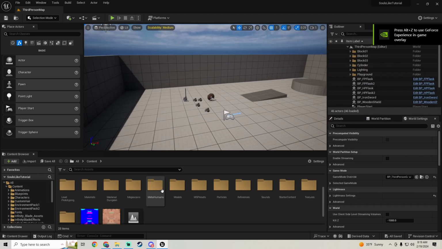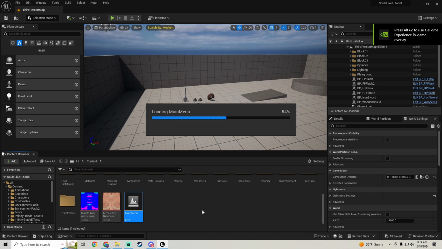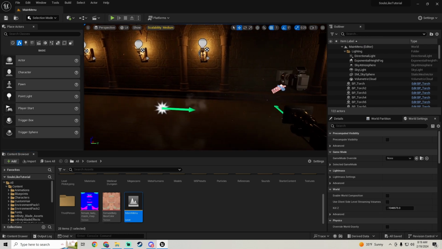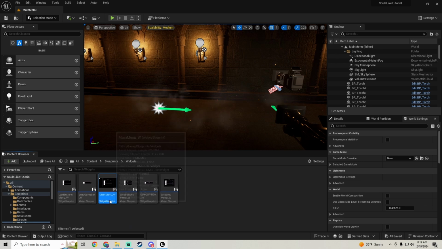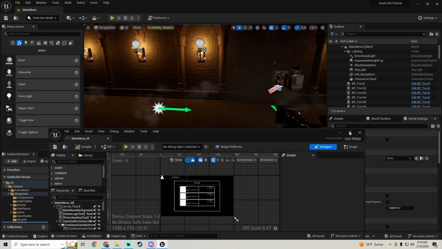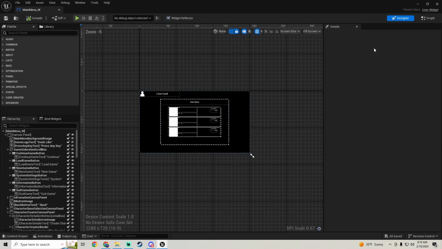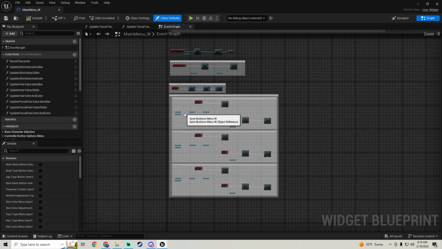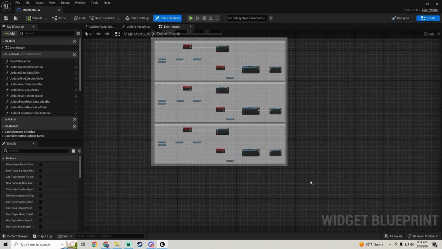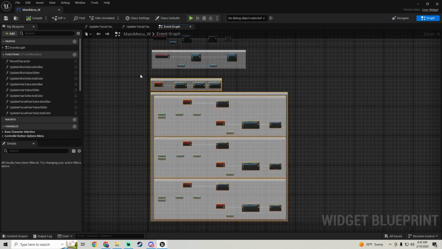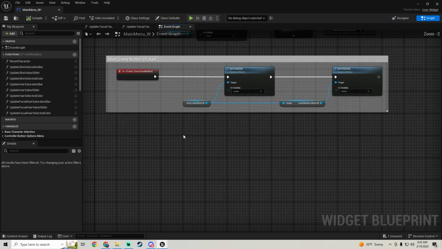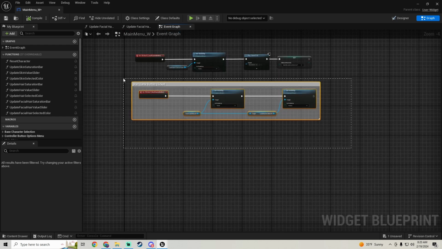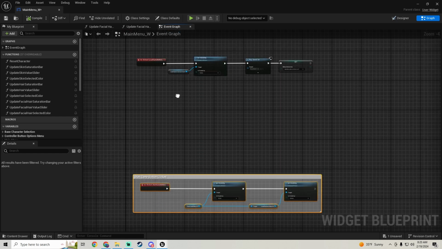Alright, so let's go ahead and hop in our main menu level. Then we're gonna go to Blueprints, Widgets, main menu widget. And we need to do some stuff here. Let's go to the graph. So, we already have all of this commented. Let me just move this down. So, we'll move the start game down, and right here